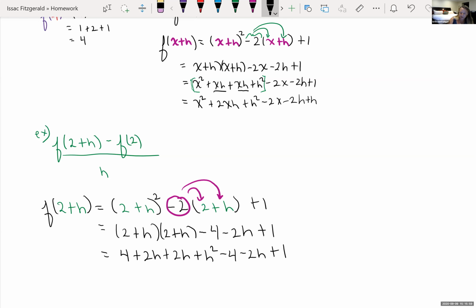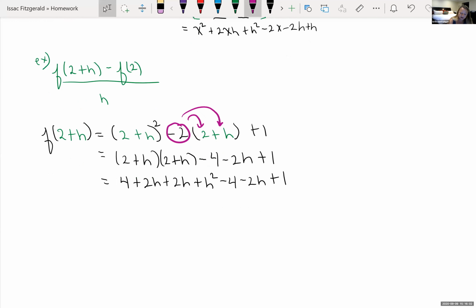We can simplify this a little bit because we do have like terms in here. Let's just look at the constants first. We have 4, minus 4, and a plus 1. So that's just going to give me a positive 1. And then I have 2h plus 2h. This gives me plus 4h. Where did the negative 2 come from? Yeah, this negative 2h right here. Is that what you're looking at? The purple, this negative 2 you have circled in purple? Yeah, that negative 2